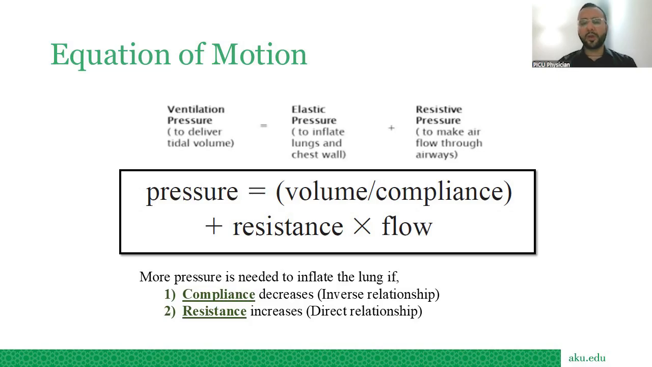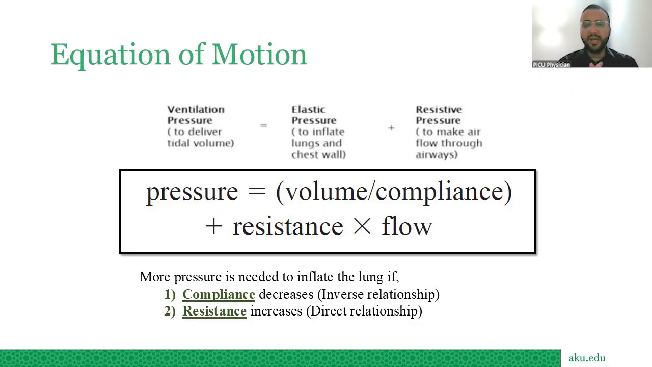Now we'll discuss a very important equation. This is called the equation of motion. The equation of motion says that ventilation pressure is equal to elastic pressure plus resistive pressure. In other words, the pressure that is needed by the ventilator to inflate the lungs, or to deliver tidal volume, is a sum of elastic pressure